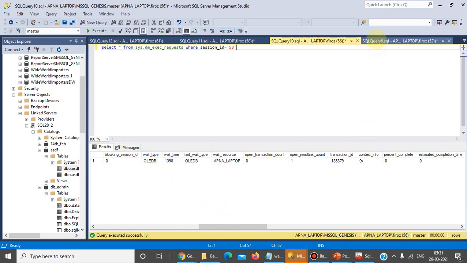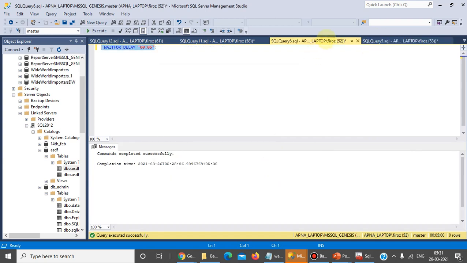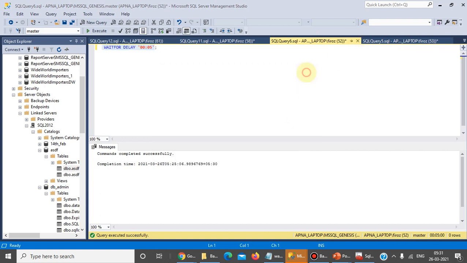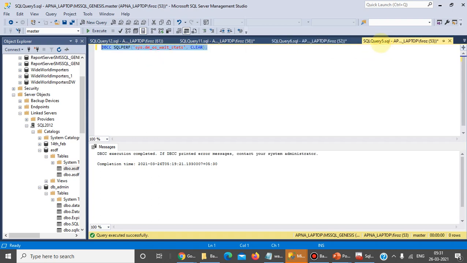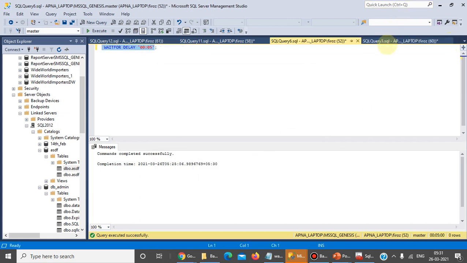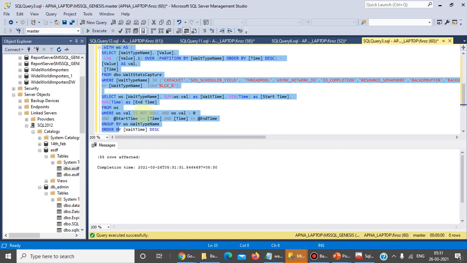Let's proceed with the baseline. This query already ran for a 5 minute wait delay. We will cancel this query and insert this query again and read that data.